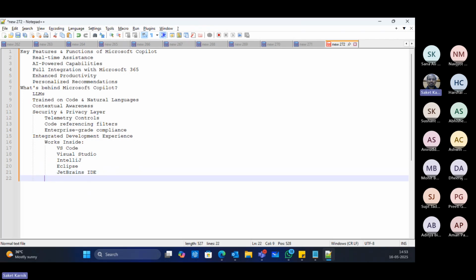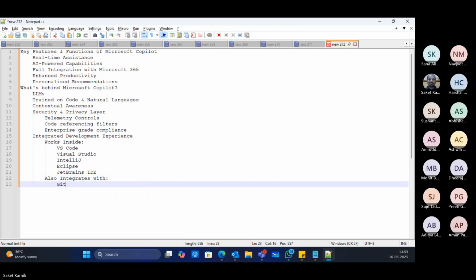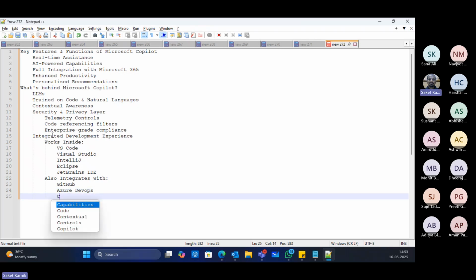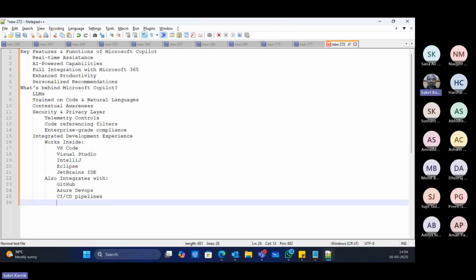Along with this, it also integrates with GitHub, Azure DevOps, and CI/CD pipelines very well, right? Even the third-party tools, it is pretty much compatible with, right?